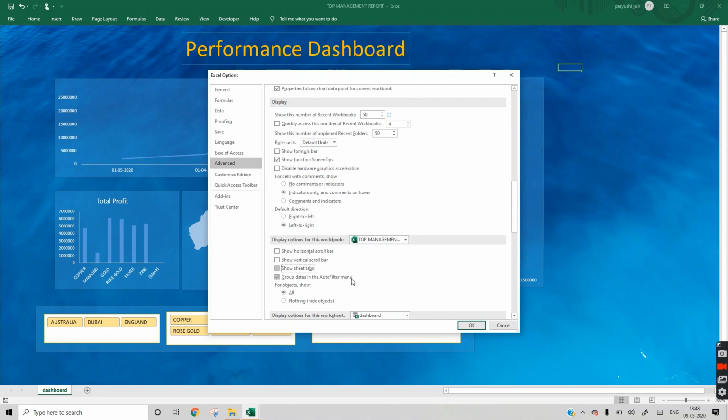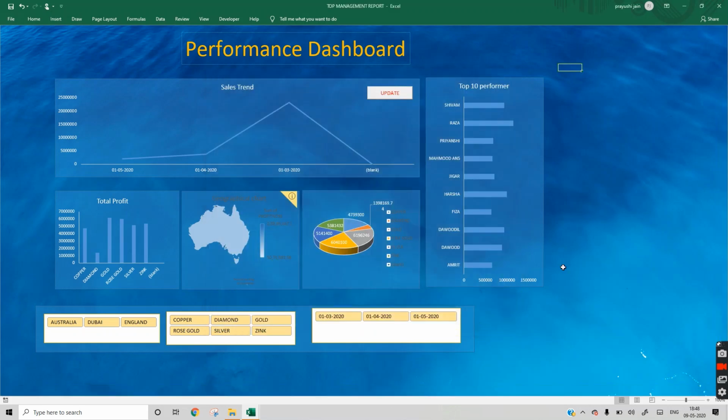Whenever you untick these, click OK. Now this is a proper dashboard. You can do formatting according to your need. Whenever you press this update button, you can see here Running background query. So all the data will be processed in the back, and the real-time result will show here.